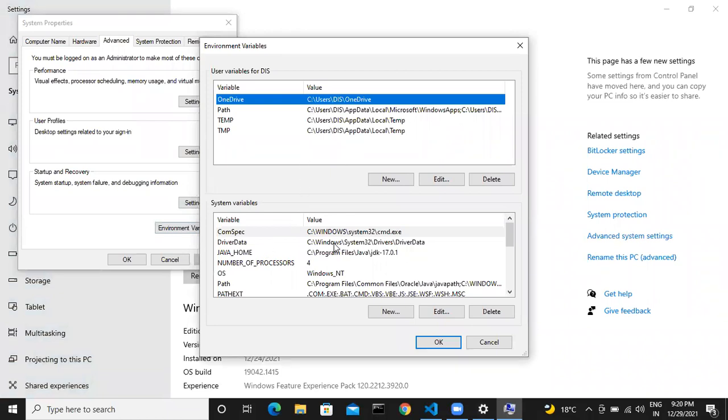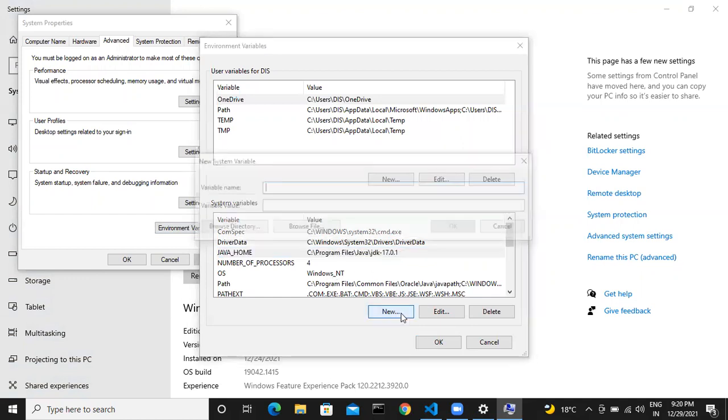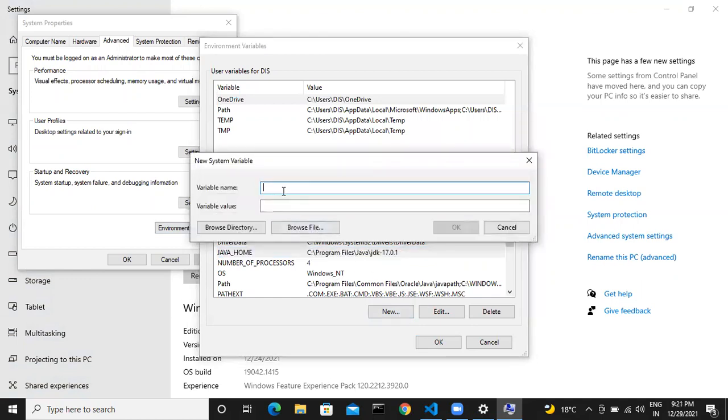Here you have to enter the path of your file location where you have downloaded your JDK. As you can see, I have provided the path here: JAVA_HOME, C Program Files, Java, JDK. In your case, you have to click on new, and you have to enter the variable name and the variable value.